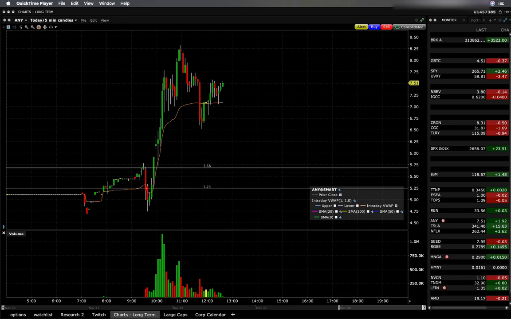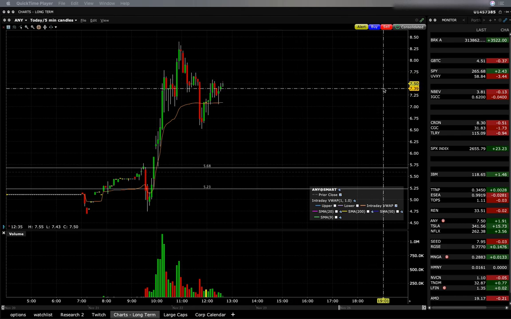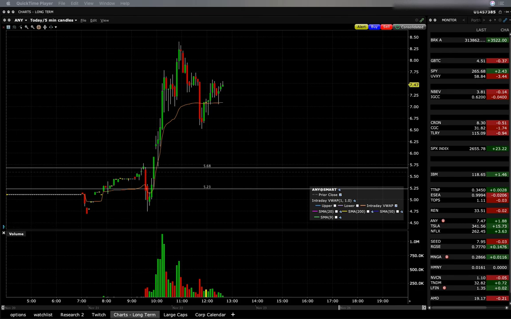That means insiders that have to file, or large owners of shares that have like a 10% ownership of the company and things like that. Okay, so I'm going to be using ANY because this was a stock that rotated its float a few times today. Now, let me pull up ANY